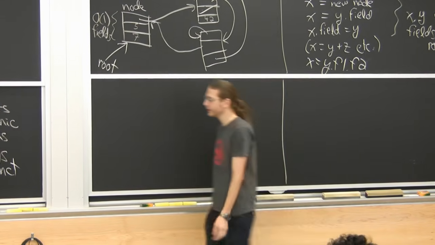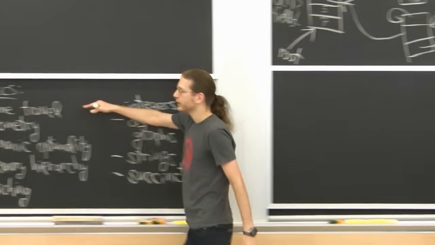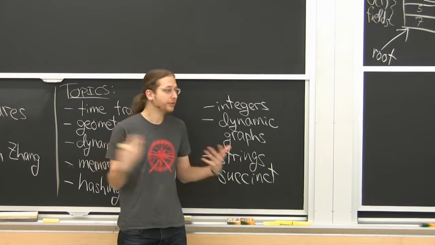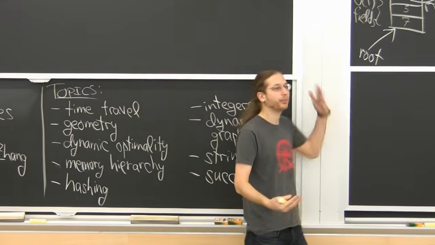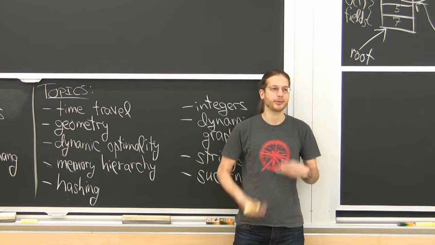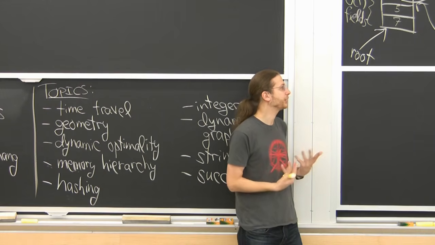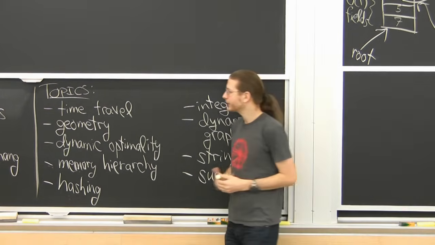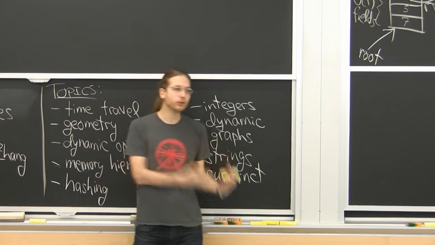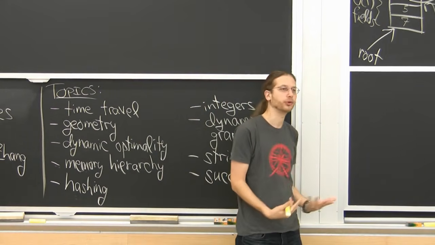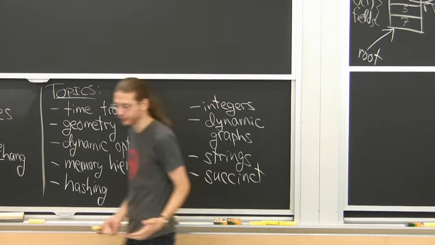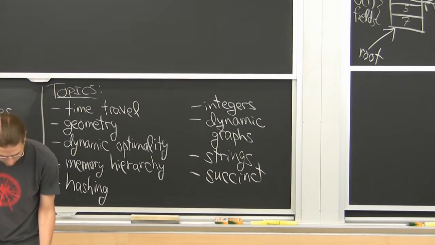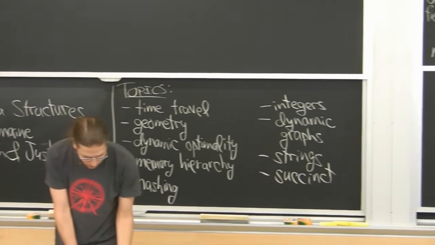And what we're going to be talking about today in time travel is, suppose someone gives me a pointer machine data structure. For example, balanced binary search tree, linked list. I mean, a lot of data structures, especially classic data structures, follow the pointer machine model. What we'd like to do is transform that data structure and make a new pointer machine data structure that does extra cool things, namely travel through time. So that's what we're going to do.